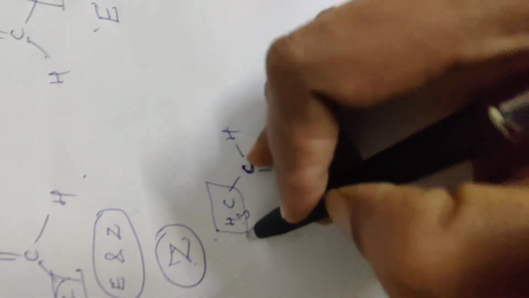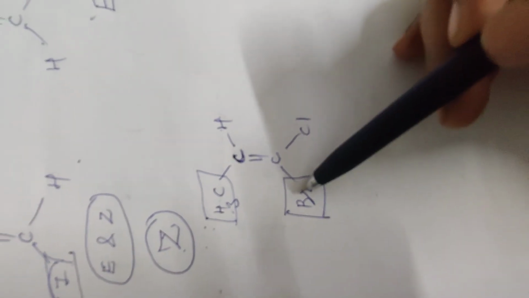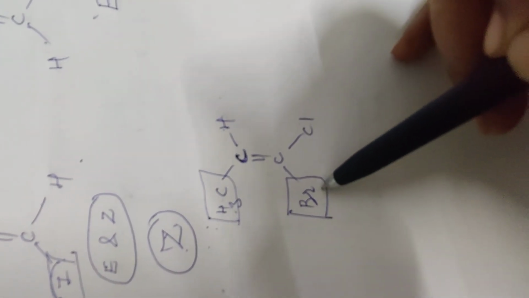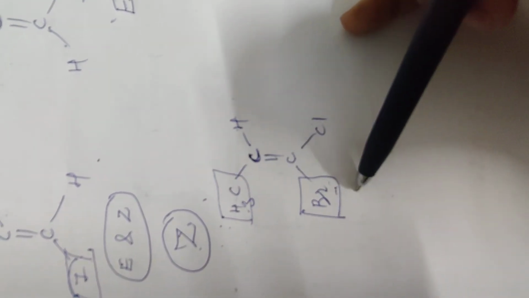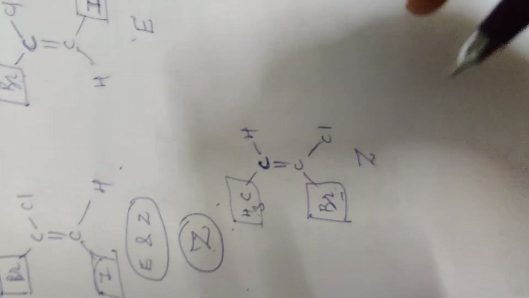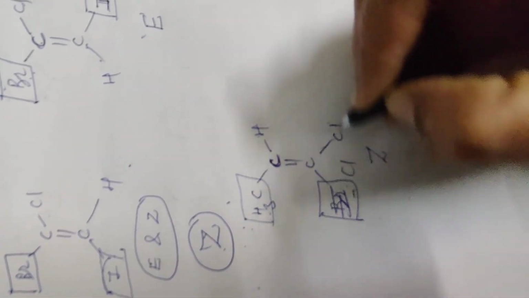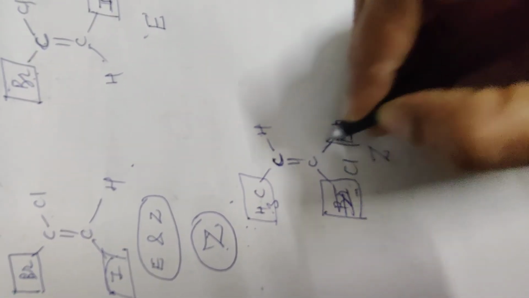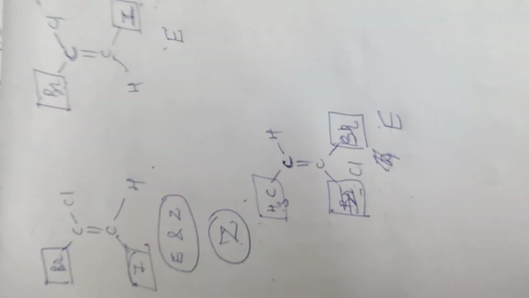So here we know that this is a higher priority as compared to hydrogen. Here, the bromo group, bromine having more atomic number, therefore priority goes to bromine, and as both higher priority groups come on the same side of the carbon-carbon double bond, we call it a Z isomer. Suppose it is like Cl and Br here, so the higher priority goes here, so it is in the opposite direction, and that condition we call an E isomer.